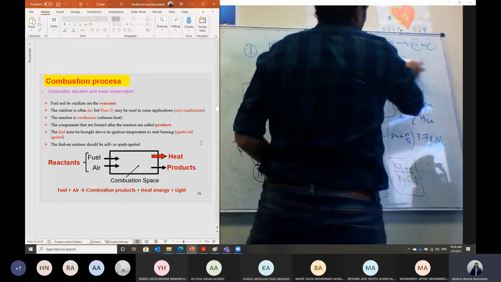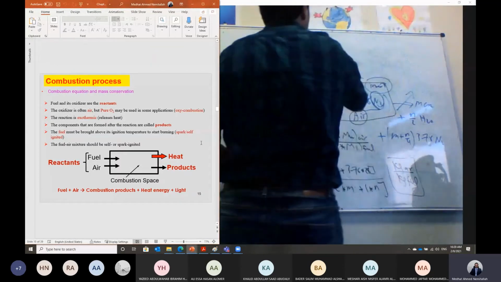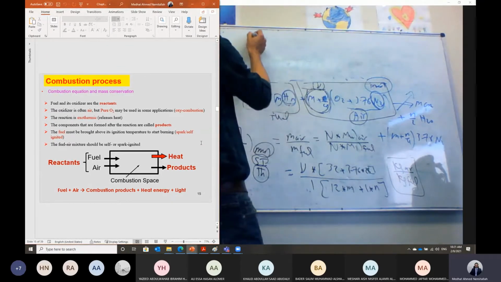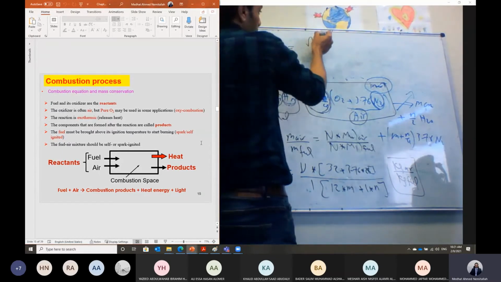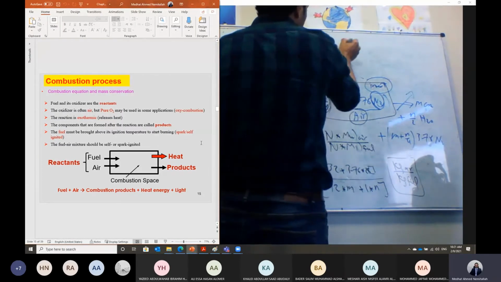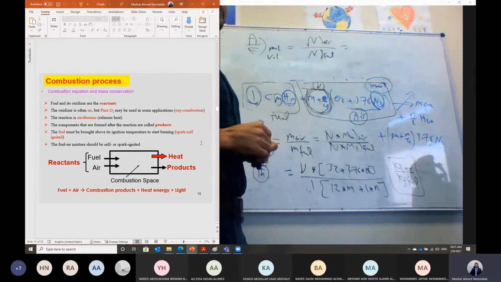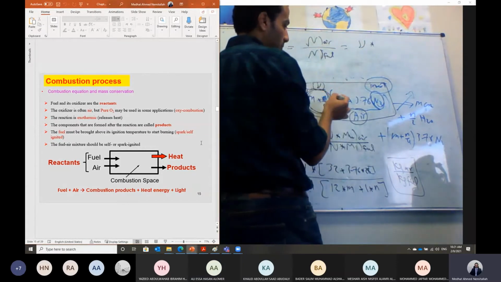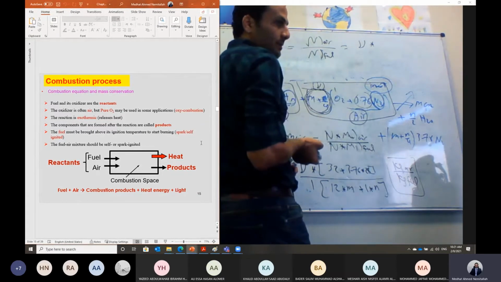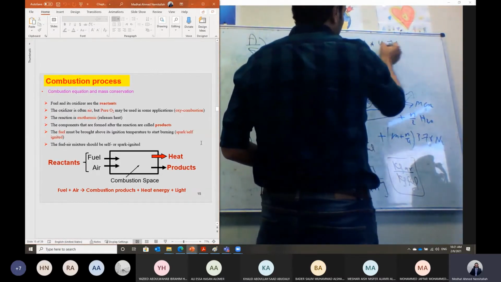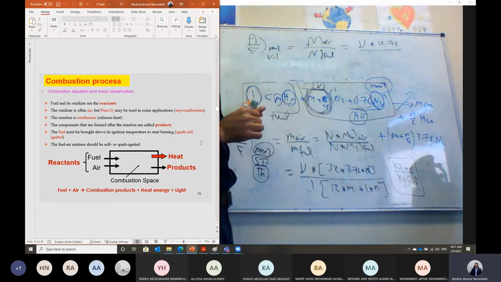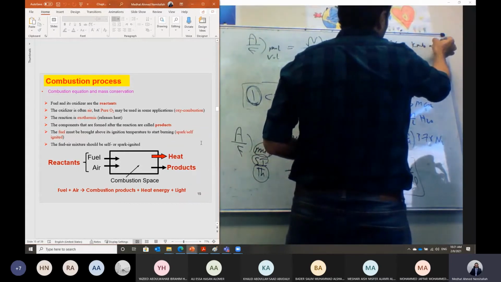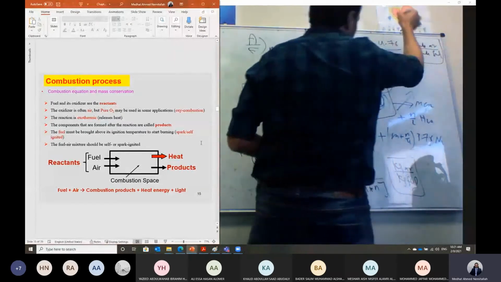Now we have another air to fuel ratio that we can define, but it is rarely used. We call it the air to fuel ratio by volume, or the molar air to fuel ratio, or air to fuel ratio by mole. It is equal to the number of moles of air divided by the number of moles of the fuel. The number of moles of air is equal to what, Shabab, from this equation? Equal to gamma, multiplied by what? Air is only one molecule, or we have one O2 plus 3.76 N2. So 1 plus 3.76, which is 4.76. Divided by the number of moles of fuel; we wrote the combustion equation per 1 kilomole of the fuel, so this should be divided by 1. And this is defined in kilomole air per kilomole fuel. This is the unit of air to fuel